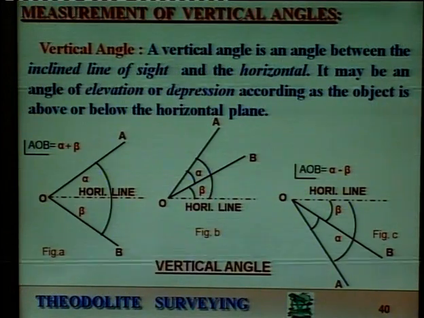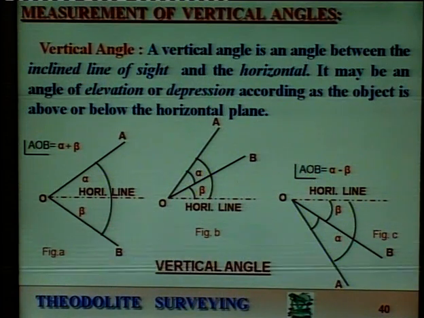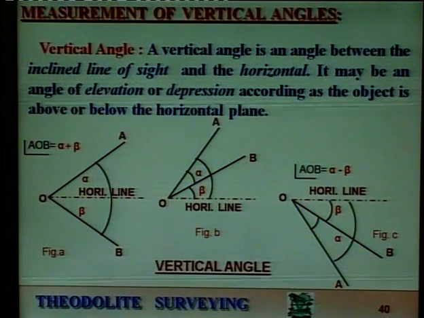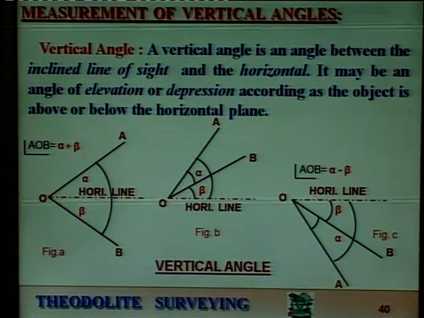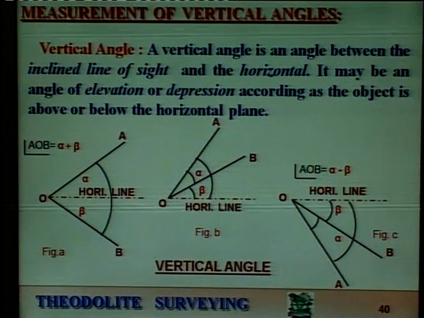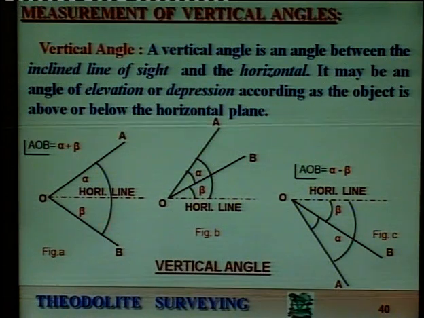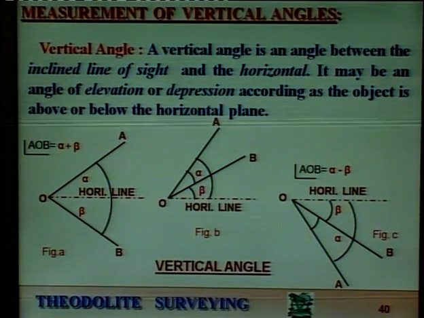So, that was all about the horizontal angle. Now, how do we take the vertical angle? With the transit vernier theodolite, we can also measure the vertical angle. So, what is a vertical angle? As you can see on your screen, there are 3 sketches, various types of sketches. A vertical angle is an angle between the inclined line of sight